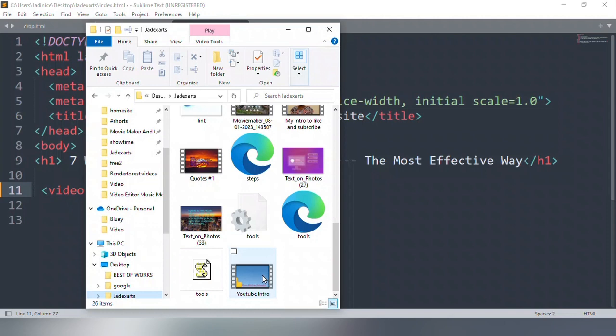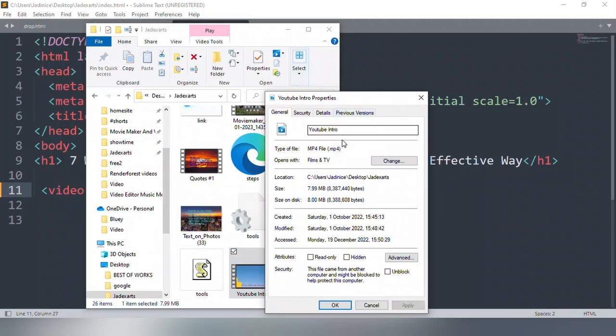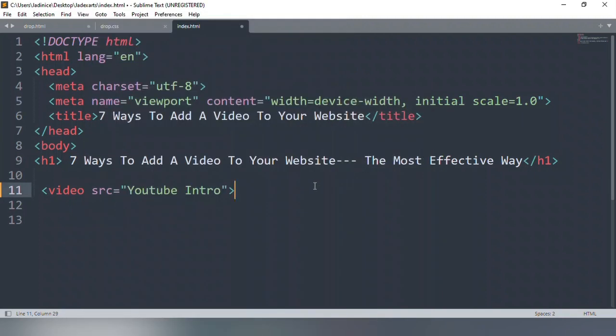You can also decide to copy it by right clicking and checking the properties. You just copy and paste it, and while you copy and paste it, you can also check the type of file it is. Some video files are in WebM, that is the screen recording, so you need to write the right kind of file that it is in the video source. When you write the right kind, it will be able to load properly. So right now it is .mp4, which is the format for most videos that we have around. So mp4,